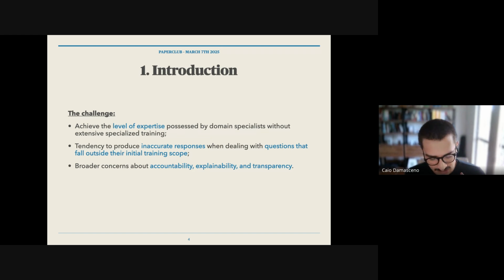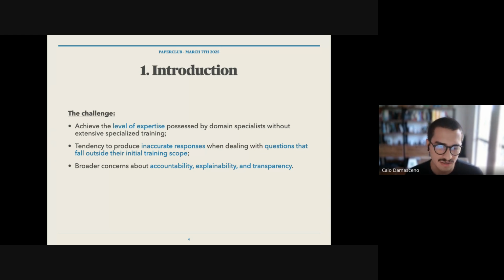You know that many AI models are good at general stuff, but sometimes we need a model trained in specific tasks, so we can use it as a specialist in a given field, in a given topic.